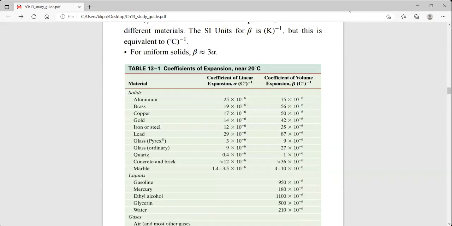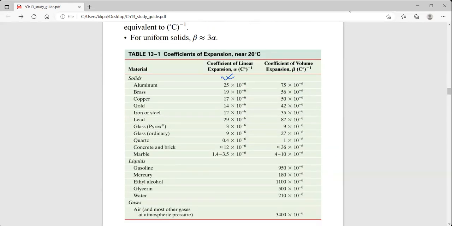Here you see this is the list for the coefficient of linear expansion, and the unit is inverse degree Celsius. But if you convert this value to inverse Kelvin, it's basically exactly the same value. So that's why in many textbooks you see it in degrees Celsius, and in many textbooks the same number in Kelvin. Remember that you can do this conversion, you can write the same number in Kelvin and degrees Celsius